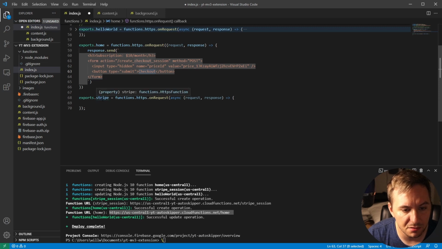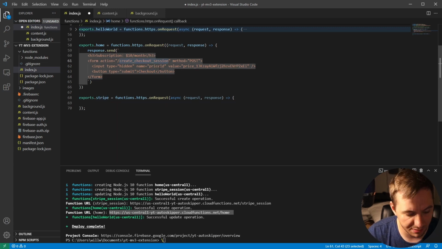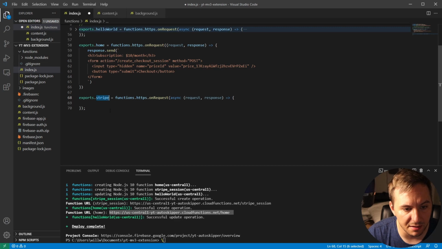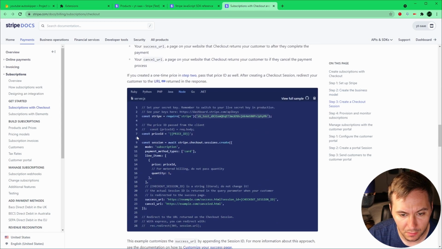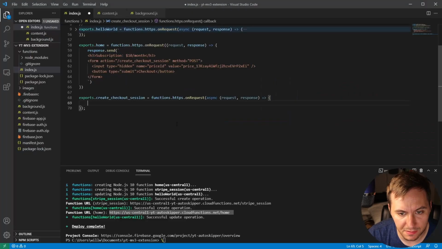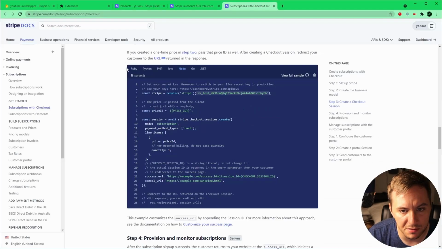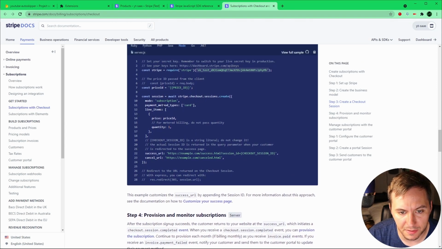So when the user clicks checkout, we will take them to this endpoint, and on this endpoint we will have all of this good stuff. We still are requiring Stripe at the top, price ID passed from the client. So yeah, we will do this. We will copy this,